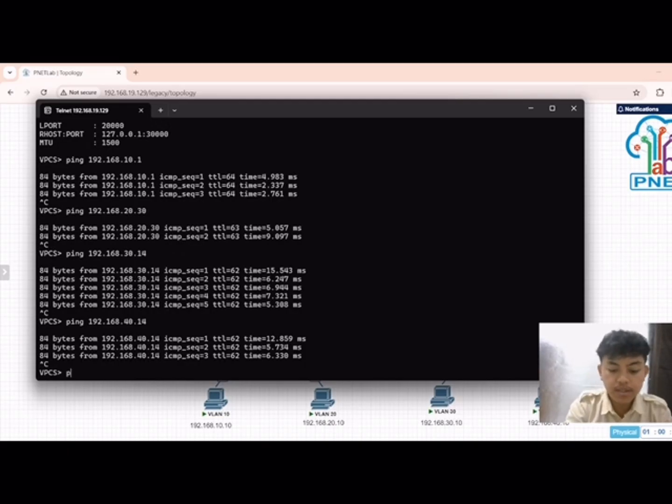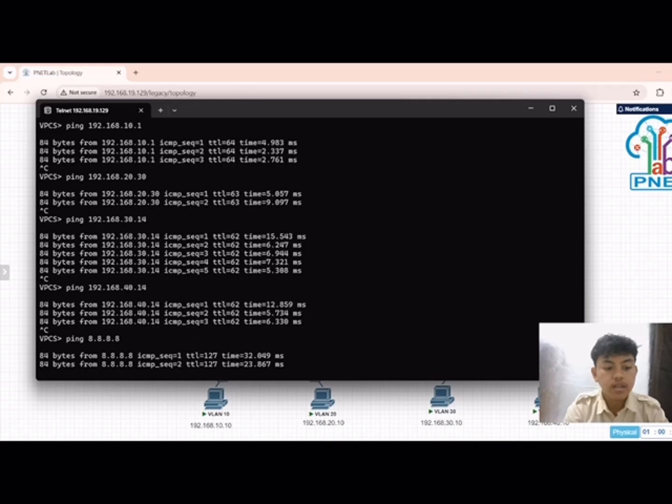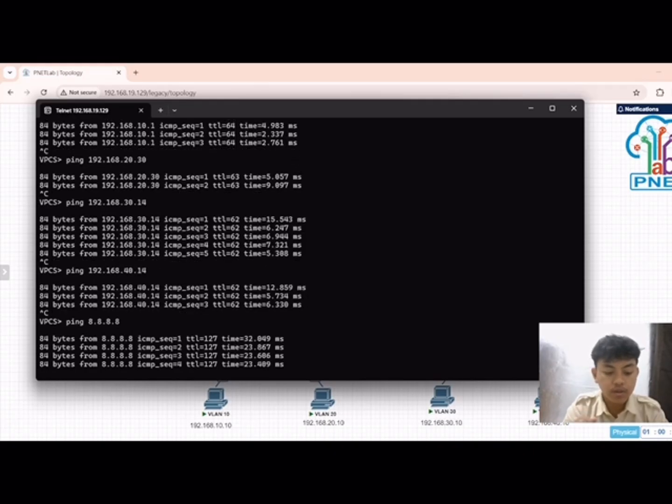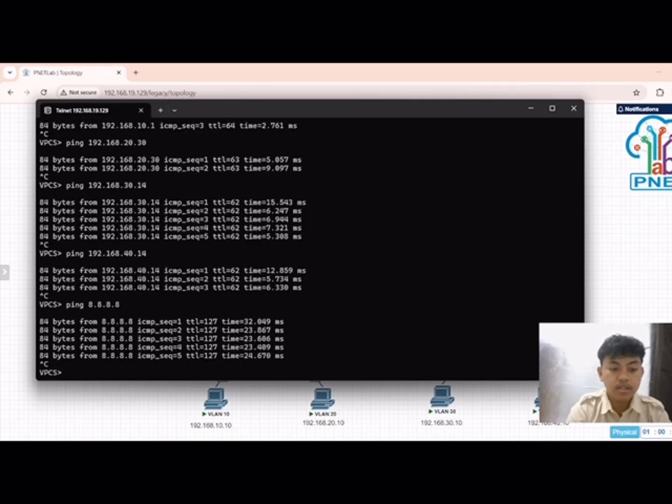And then ping the DNS, ping 8.8.8.8, can, alhamdulillah.